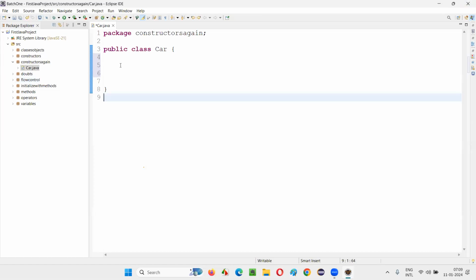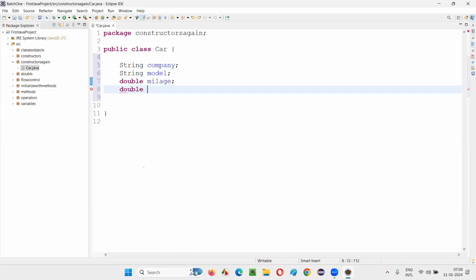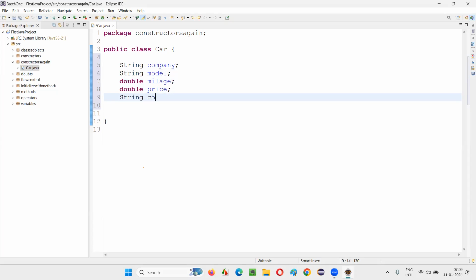So here in this class, I'll create some variables and methods like yesterday. That is String company, String model, double mileage, double price, String color.